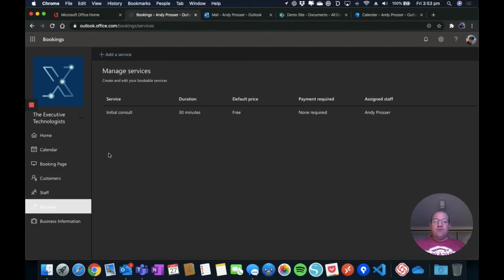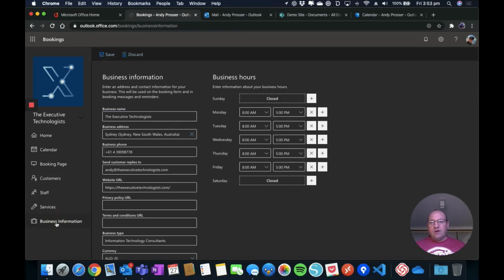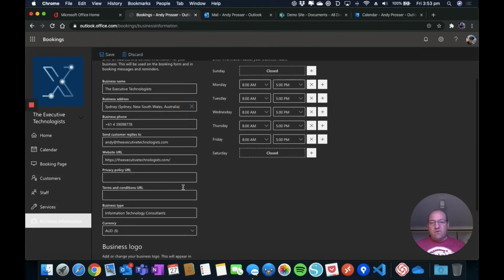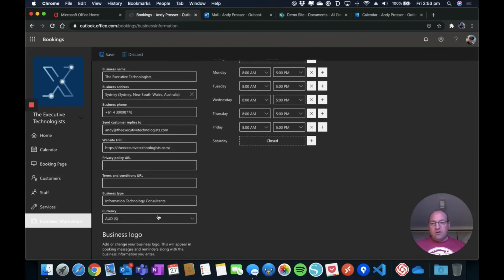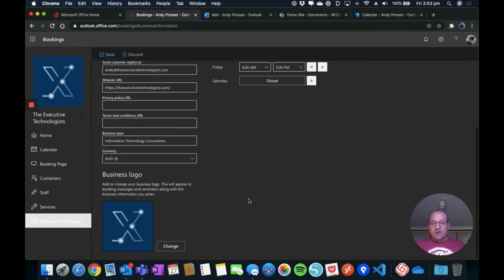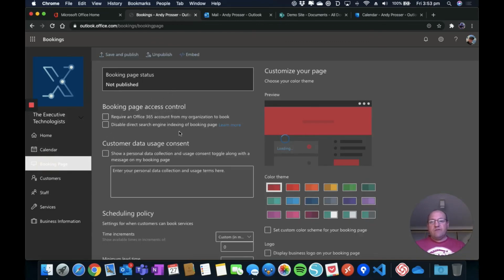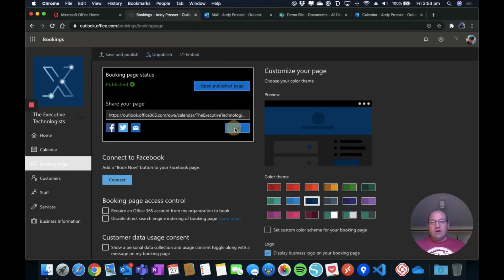Now you can put this up very, very quickly. There's some business information that we can put in here that gives you an idea of your open hours, your logo, how you charge, what your type of business is, terms and conditions, policies. I'm a bit slack, I haven't done that yet. But the key thing here is once you've published this particular page, I can copy this